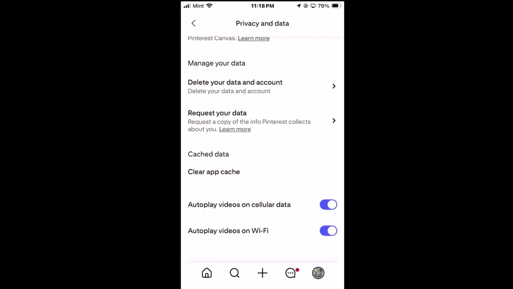on to enable it. That is how to enable or disable autoplay videos on the Pinterest app using an iOS